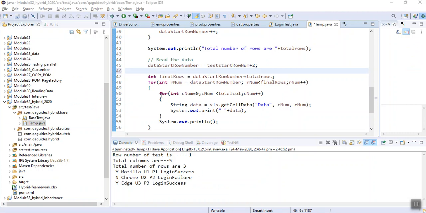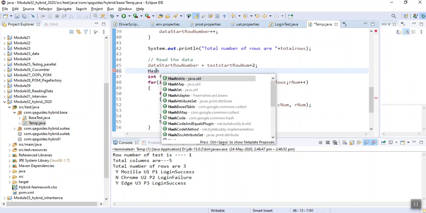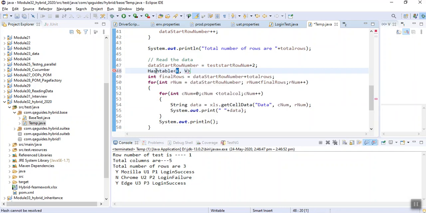So let me declare this hash table here: Hashtable of String, String, and I am keeping its value as null.